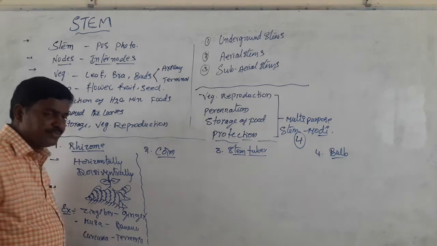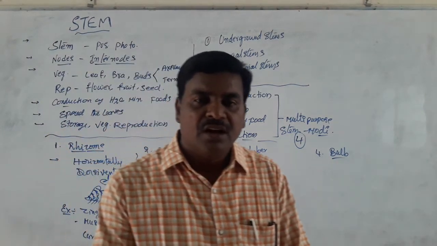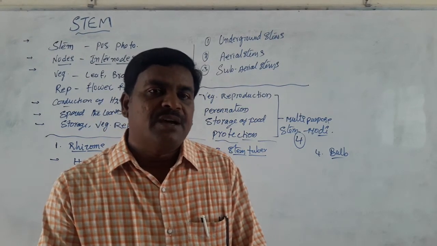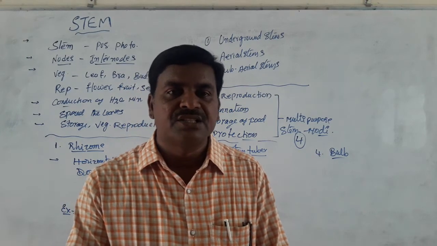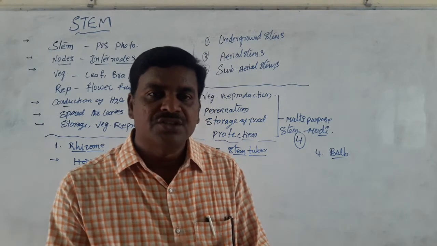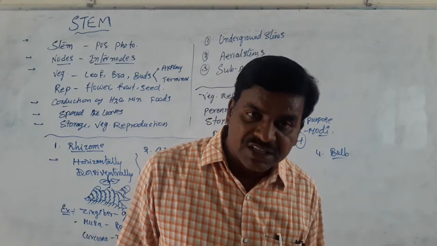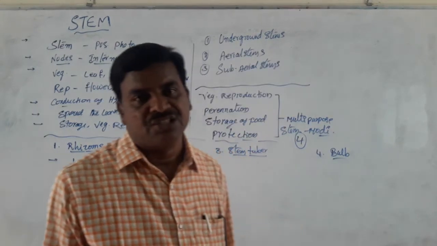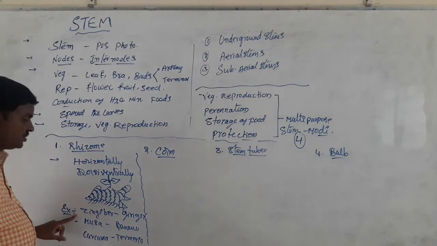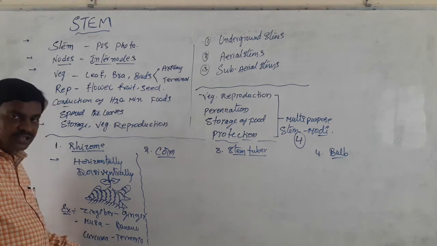This is rhizome: a horizontally growing underground stem modification differentiated into dorsal and ventral structure. The dorsal side is represented by vegetative shoots and the lower side by adventitious roots. It is divided into a number of nodes and internodes. Every node consists of a dry membranous scale leaf. Axillary buds of the scale leaf produce lateral branches and store food material. Examples: Gingiber, ginger, Musa, banana, and Curcuma, turmeric.